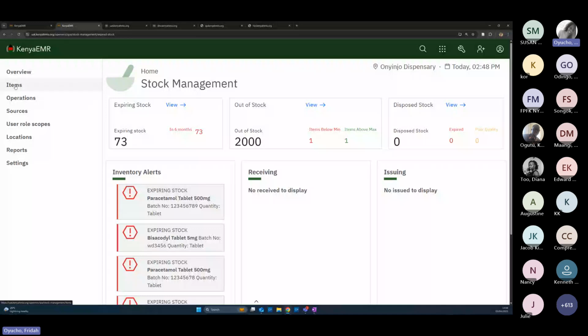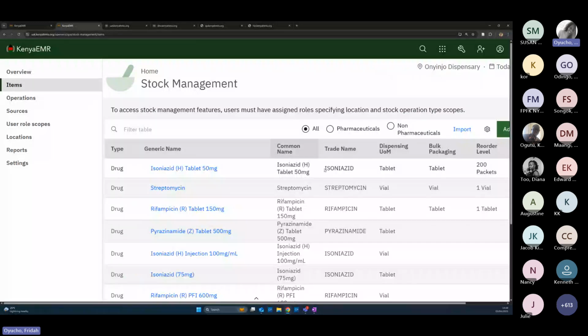So the next thing is the items. The items is basically the list of drugs, minus the quantities and all that, that we currently have in the system. For the facilities that are currently using the facility-wide system, there's a list, a CSV that we normally update every other